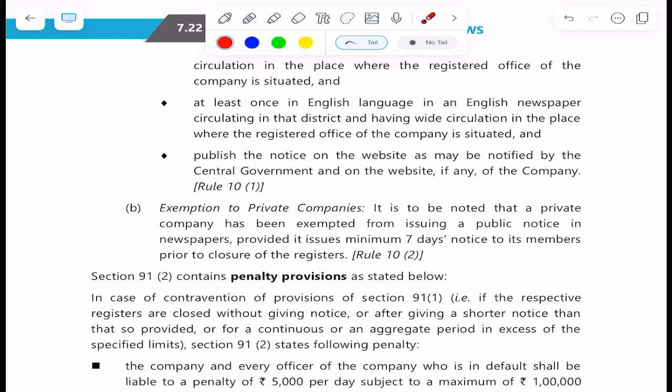Exemption for the private companies. It is to be noted that a private company has been exempted from issuing a public notice in newspaper provided it issues minimum 7 days notice to its members prior to closure of the register. Rule 10(2). ये समझा तुमको? हाँ रे, प्राइवेट कंपनी ने न्यूज़पेपर में नहीं दिया बट मेंबर को बता दिया तो चलेगा।